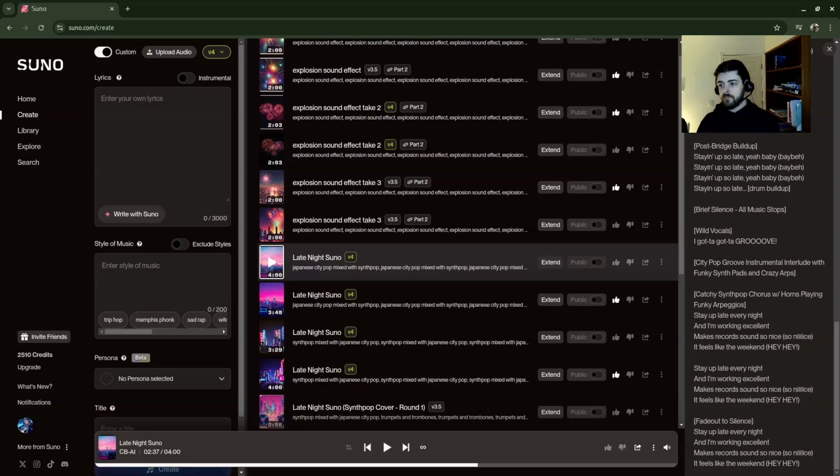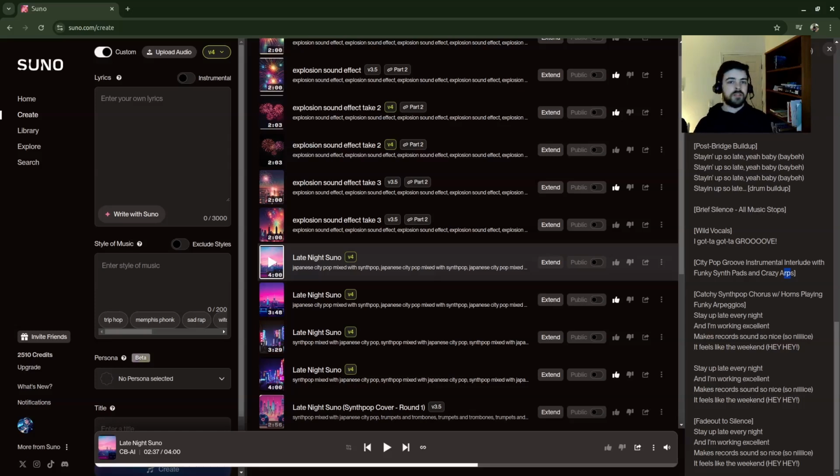Then instead of a drum build up, it did a little "do do do do do" fun little instrumental section. Then he says "I gotta groove." Then it goes into this cool instrumental with the pads and the arps. Not explicitly, I would say they're arps, but it had that almost... What's that guy's name? There's an artist. I'm trying to think of the name. It escapes me, but the synth leads were there.